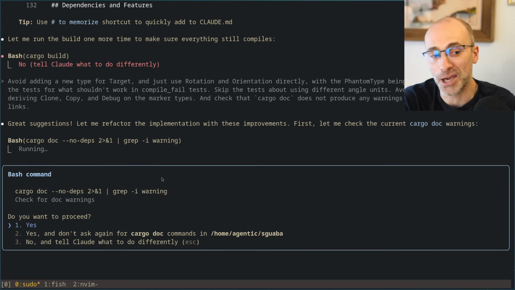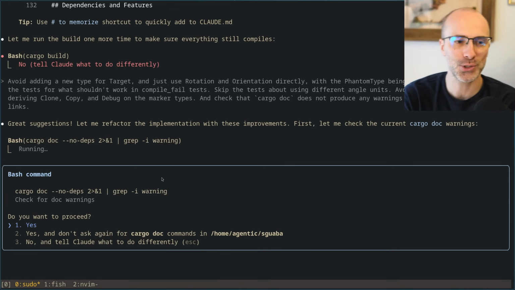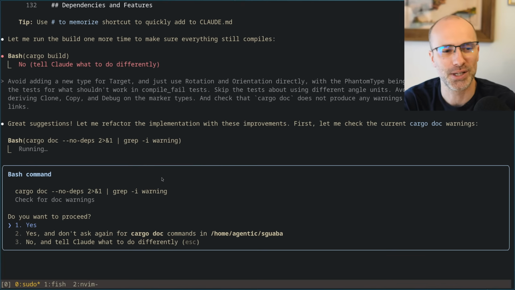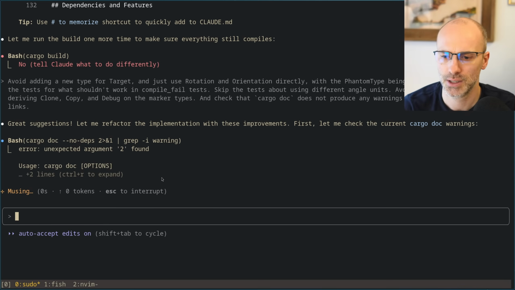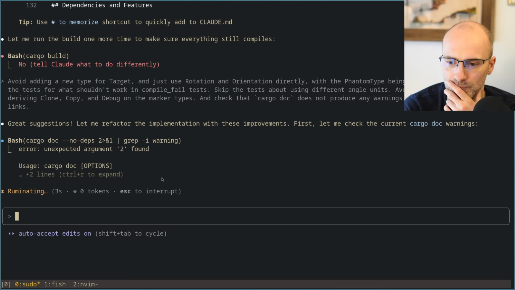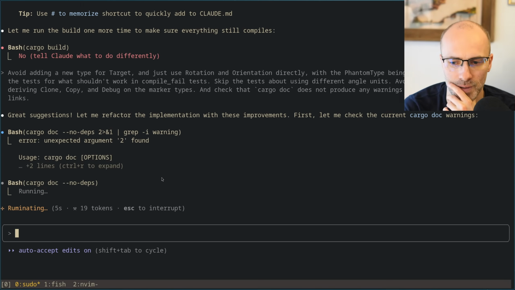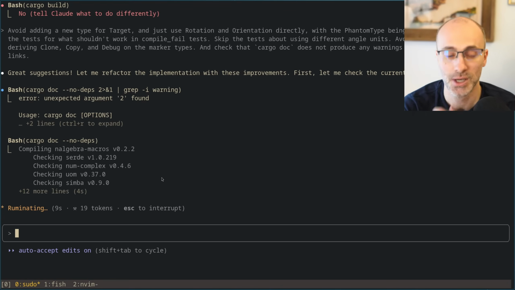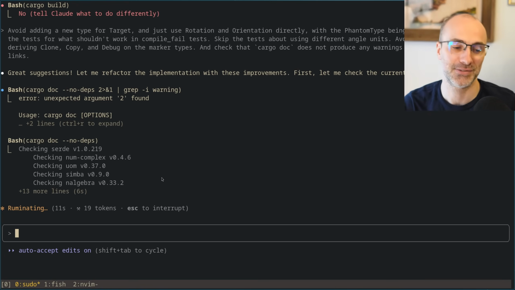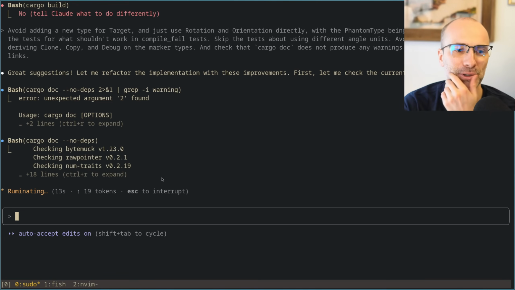But I mean, tell me, how should it be different, right? Do you think there's another way to do this that would have worked way better? Yeah, that's fine. PhantomData has copy, clone, and debug implemented on it, so the inner type shouldn't need them. Well, hopefully it realizes that, right? Well, we'll see whether it does.